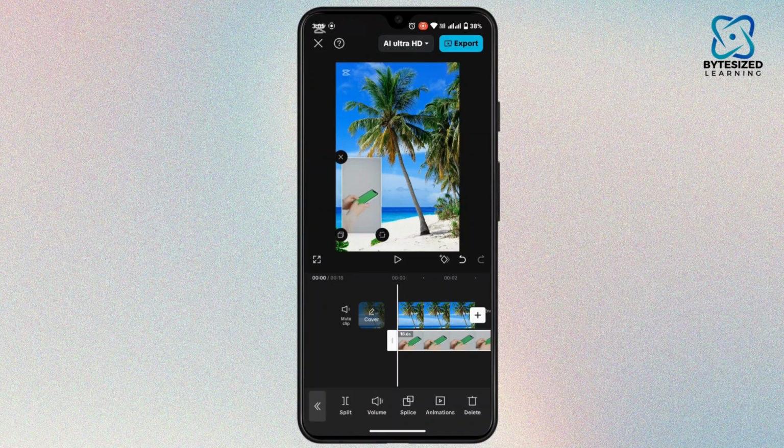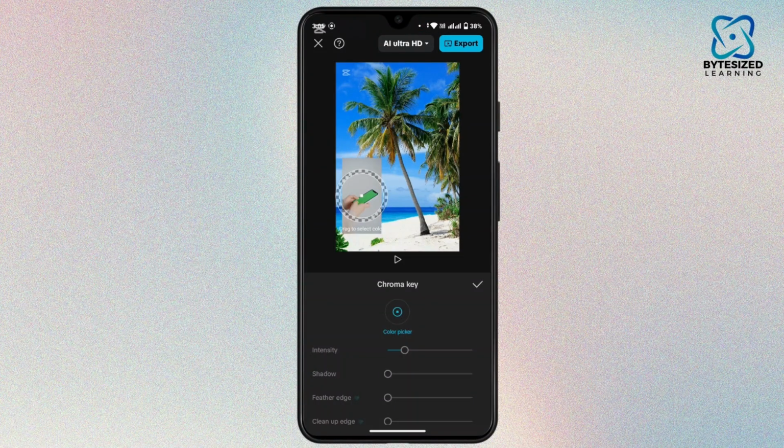After you do that, tap on your green screen video. Then you have to scroll to Chroma Key. Swipe to your left. Tap on remove background and there is an option as Chroma Key, tap on it. Now you have to select the color green. Then you could adjust the intensity in shadow to make the background clean, and once you're done, simply tap on